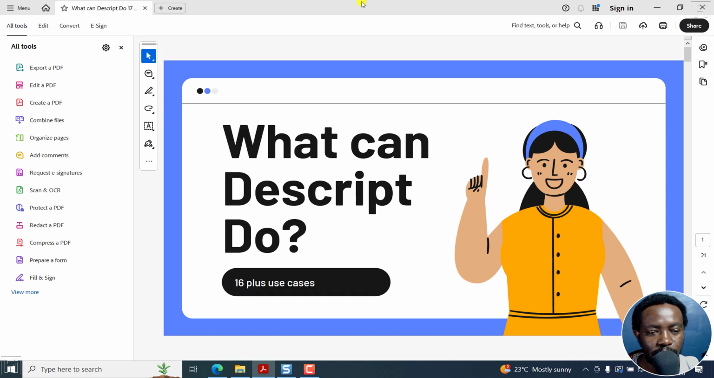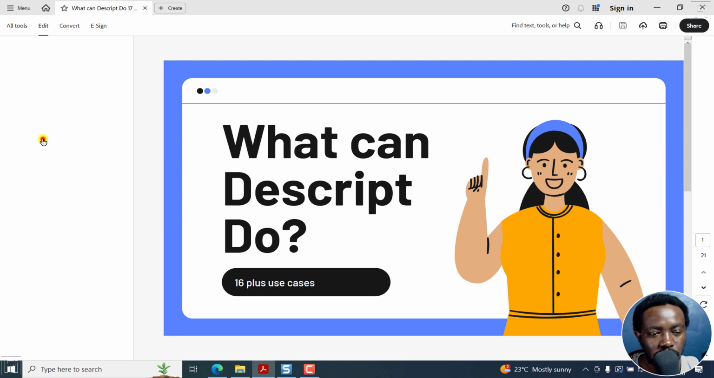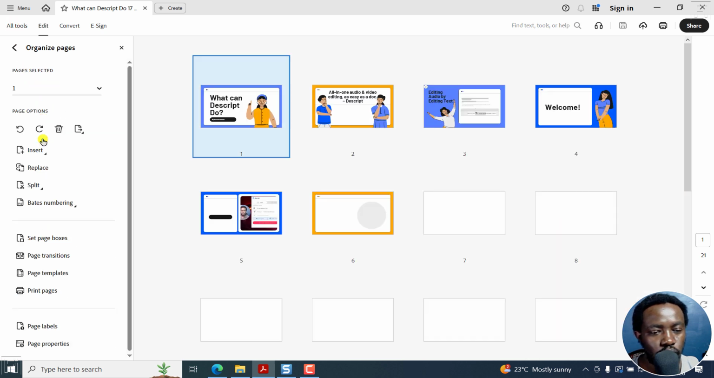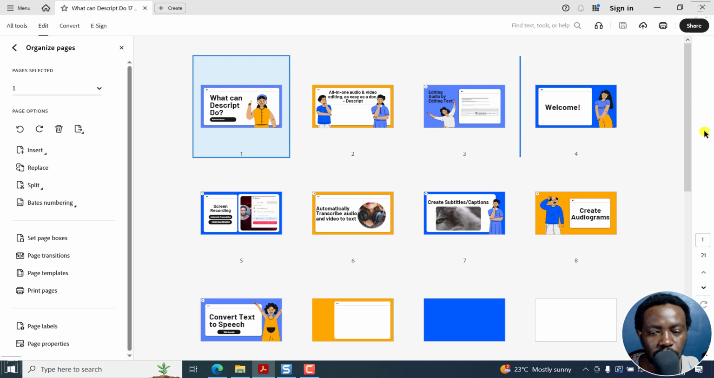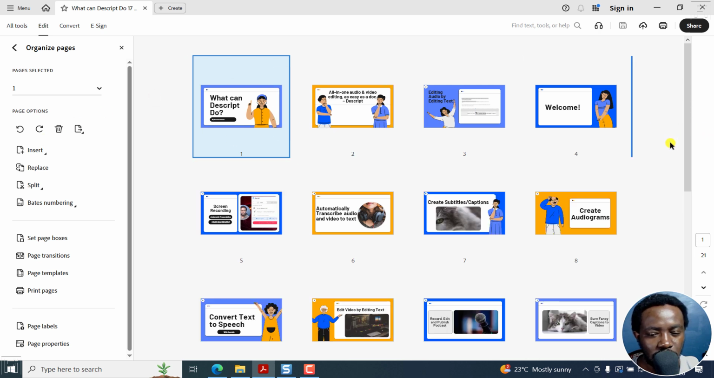file right inside there. So from this window, all we need to do now is just go to organize pages, and if you can't see it, you may need to click on all tools and then you're going to click on organize pages. Now your pages are going to populate right here, and let's assume we want to kind of